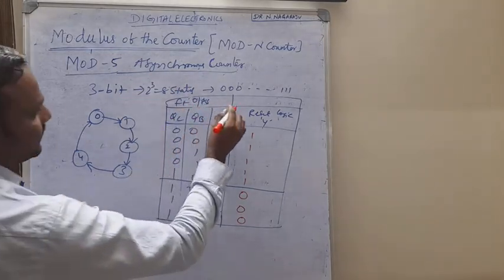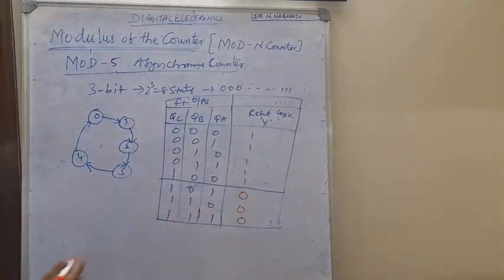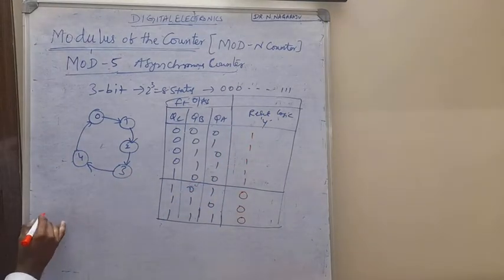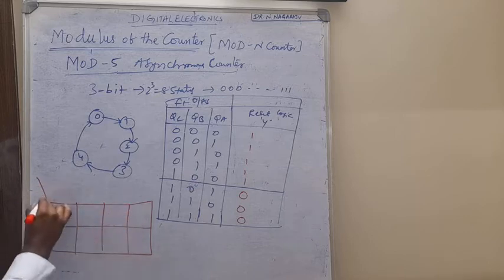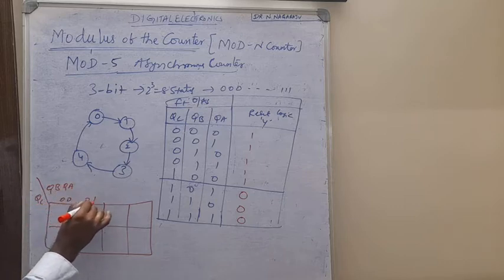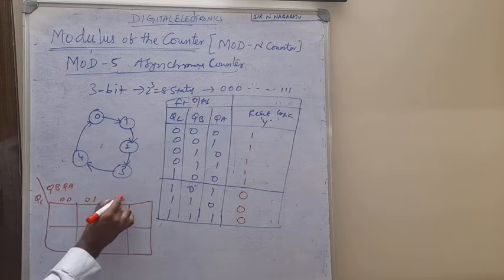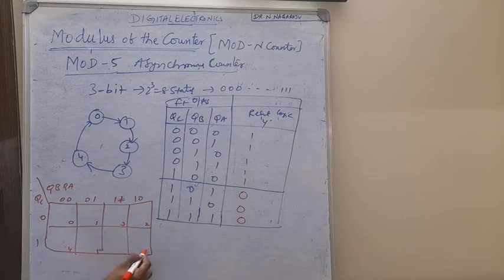That is the reset logic truth table. Now we just construct the K-map for this one. So what is the K-map for this one? Here 3 variables are there, so put the K-map for 3 variables. Okay, so this is the 3 variable K-map. Here we just use QC, QB and QA, with 0 0, 0 1, 1 1 and 1 0. Then the cells 0 1 2 3 4 5 6 7.